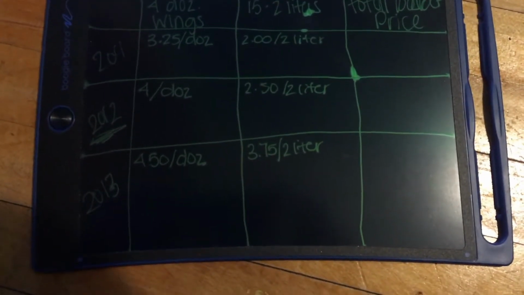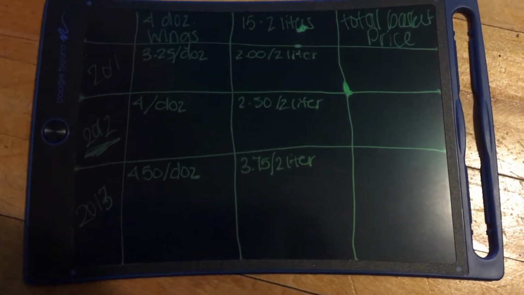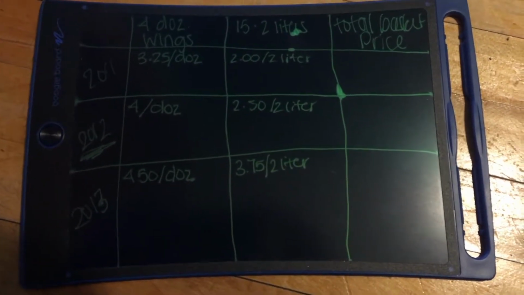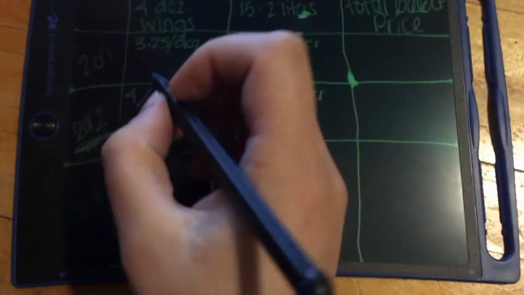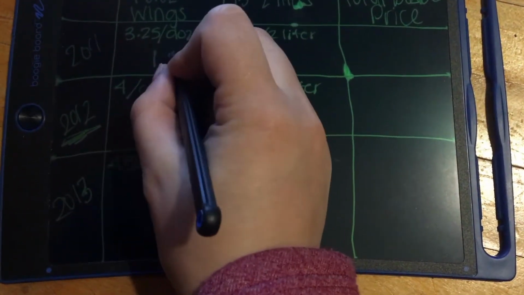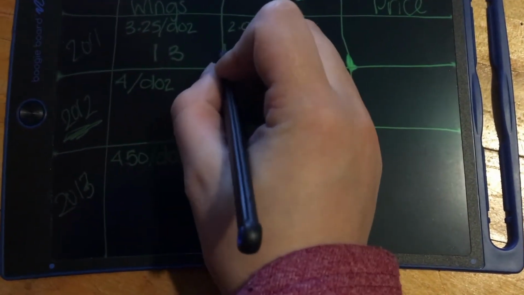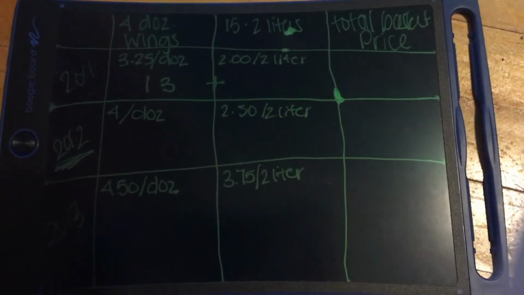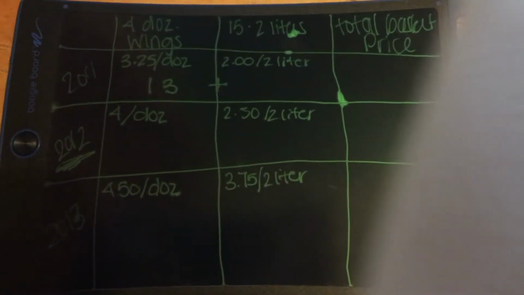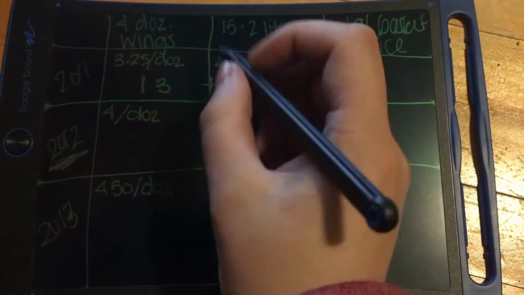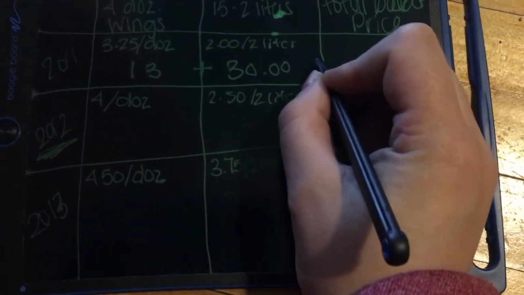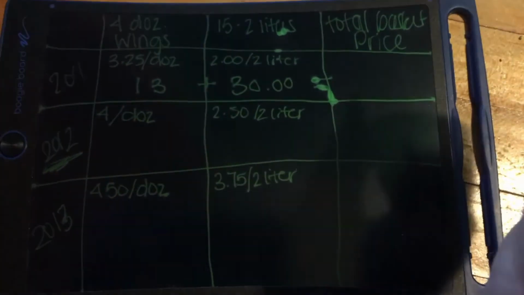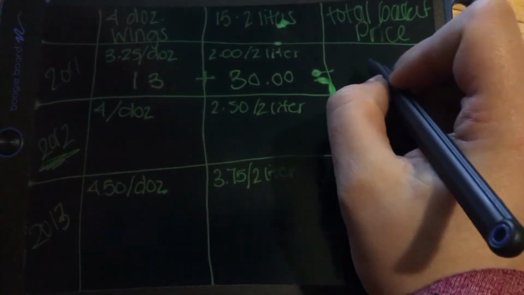So for 2011, you will see that chicken wings were $3.25 a dozen. $3.25 times 4 is $13. We're going to add that to 15 times $2, which would be $30. That gives us a total basket price for 2011 of